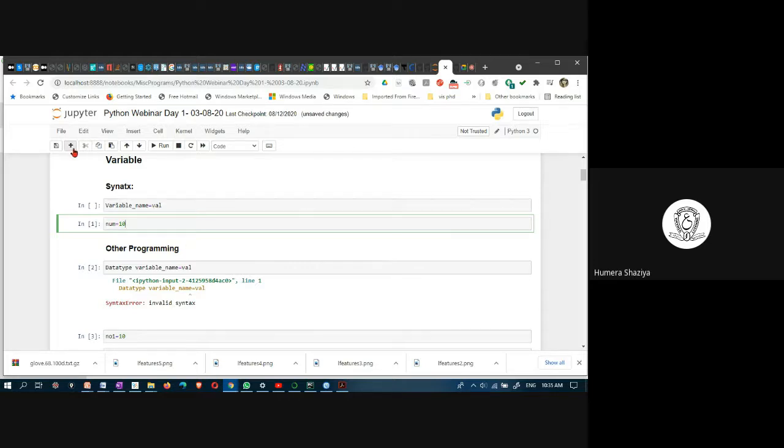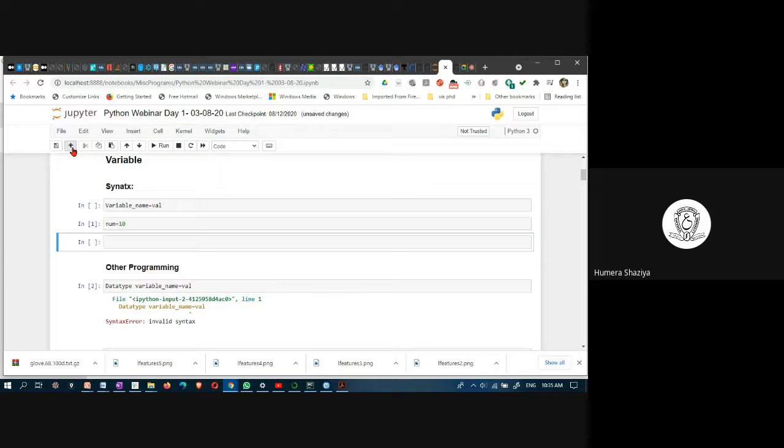So what I can do is I can click on plus. Here this is local environment. In the Colab, it will be slightly different, but it's almost similar. Here I can type str equal to hello world exclamation.